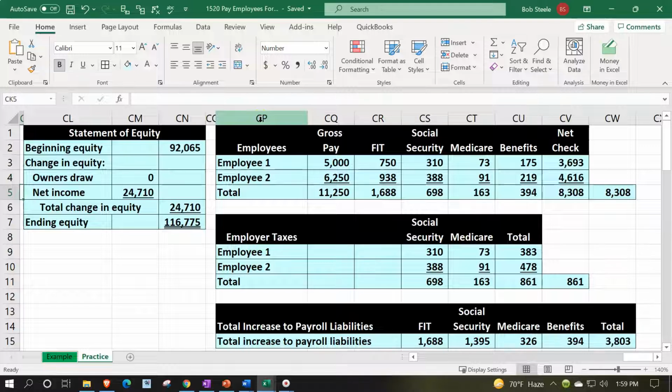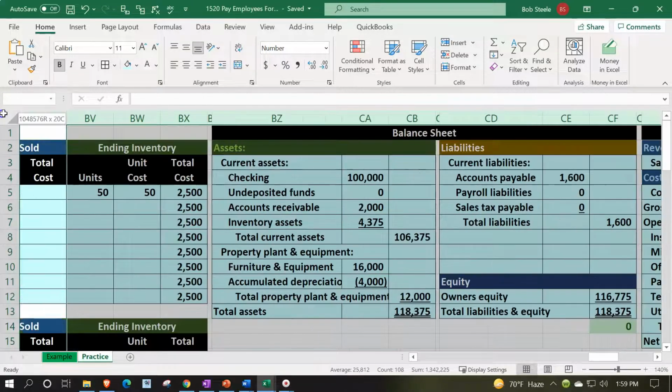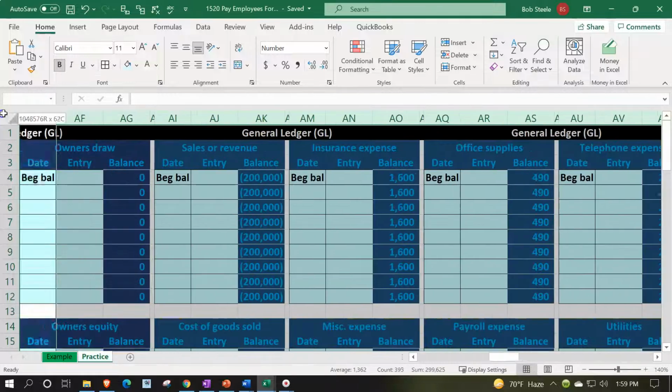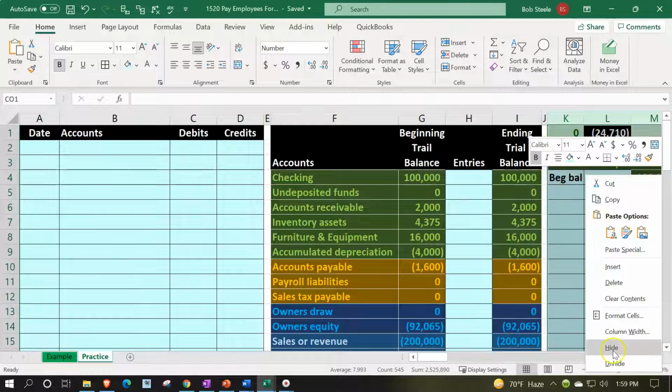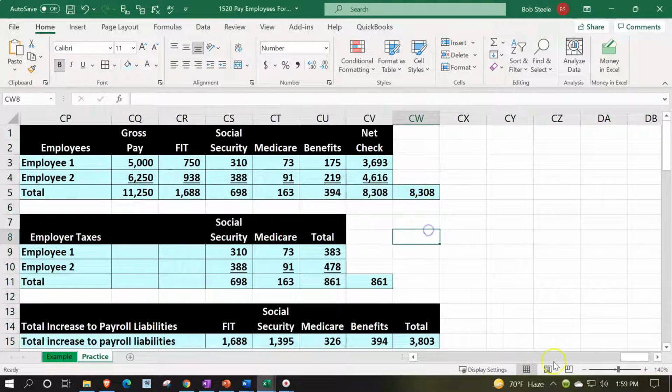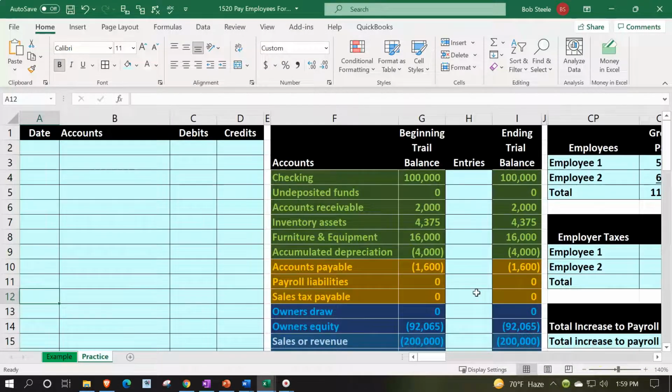To do that, I would like to hide a bunch of columns all the way back till we get to the trial balance. I'm going to put my cursor on this column right to the left, and then select all the way back, highlighting all the columns till we get back to the trial balance, the TB. So here we are at the TB. Let's leave column J open. Right click on that selected area and hide that information. So now we've got our information right next to where we're going to be entering the journal entries on the